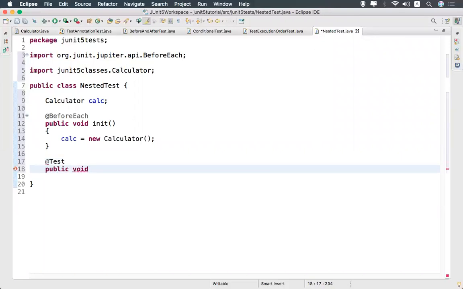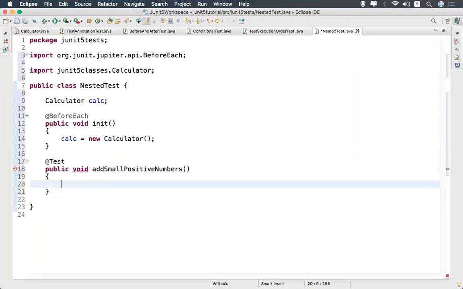Public void, what I'll name as addSmallPositiveNumbers.